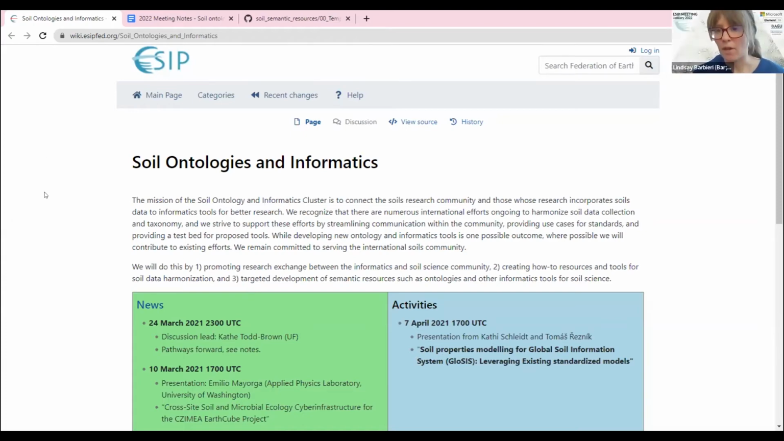So I'm Lindsay Barbieri. I'm the Agriculture and Climate Information Fellow with ESIP. One of my roles, beyond looking at agriculture and climate information, is thinking about cross-cluster collaboration. That's what I've been really focused on at ESIP: ways to bring different clusters into dialogue together and thinking about the collaboration that can happen. From that perspective, one of the ESIP clusters that I've been working most closely with is the Soil Ontologies